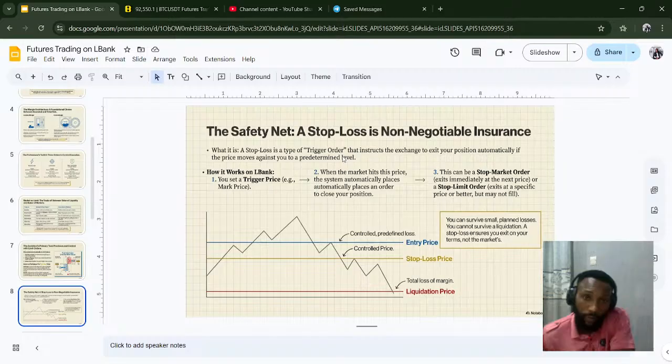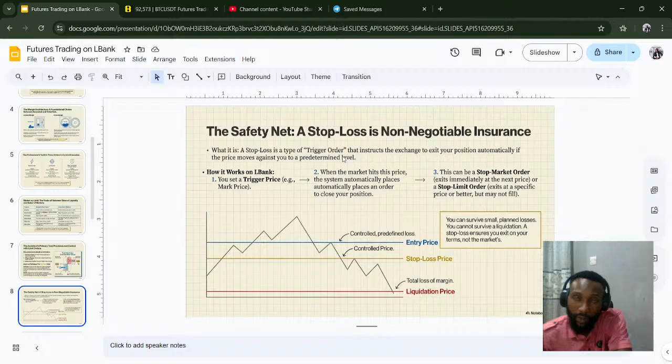Alright, the safety net. A stop loss is a non-negotiable insurance. What is it? A stop loss is a type of trigger order that instructs the exchange